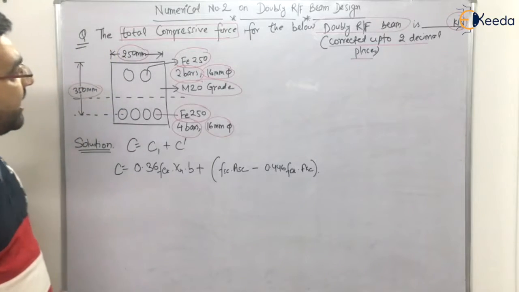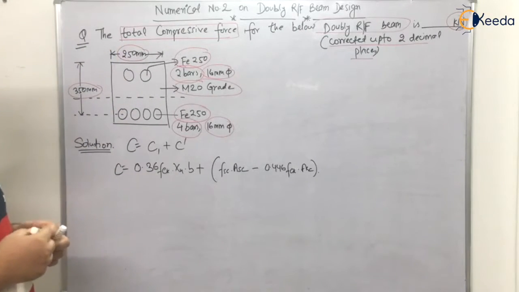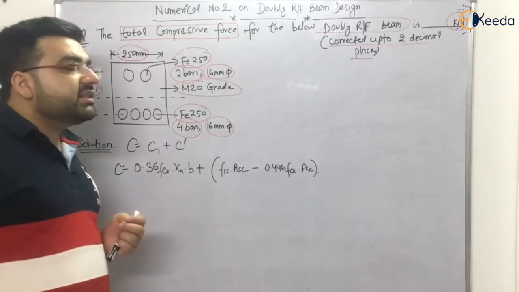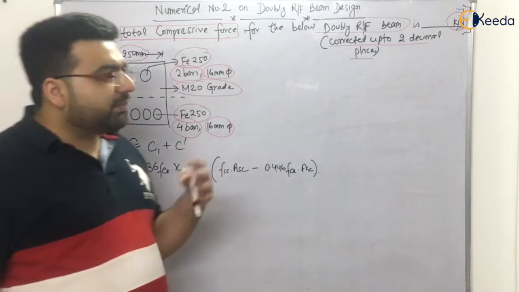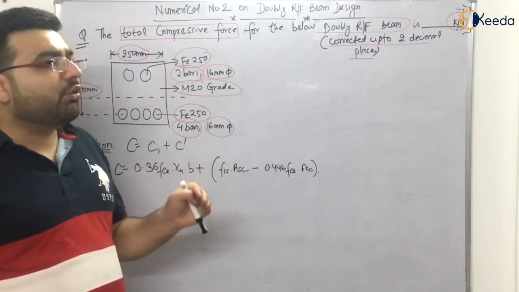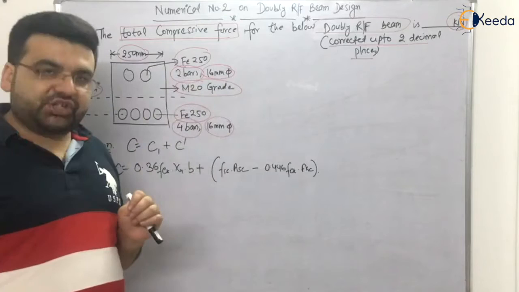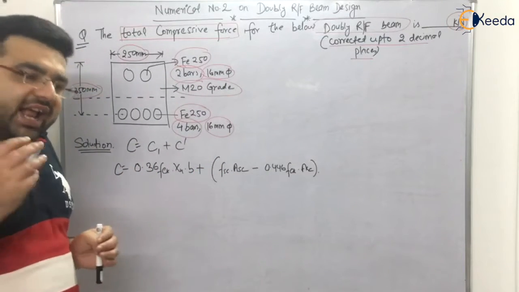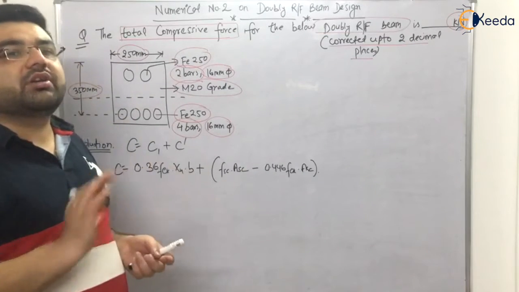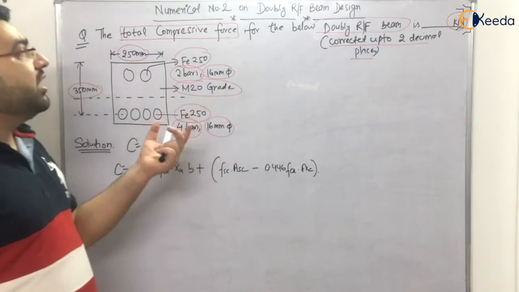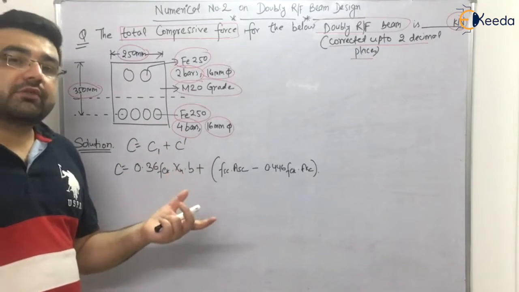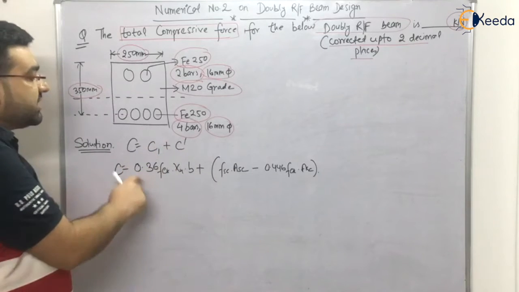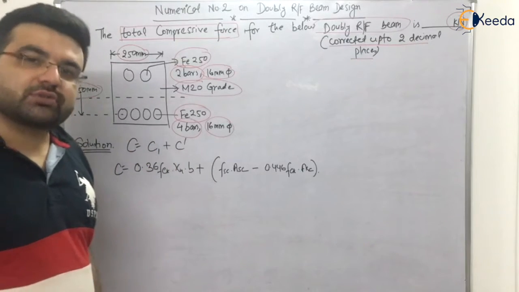Why I chose this question is because I want you to understand how to calculate the total compressive force. Even in previous GATE papers, GATE has not focused so much on the doubly reinforced section. Even in any reference book you will get very little about doubly reinforced sections, so it is very hard to get numericals for them. But I have chosen this numerical because it will further strengthen your concepts about the total compressive force.